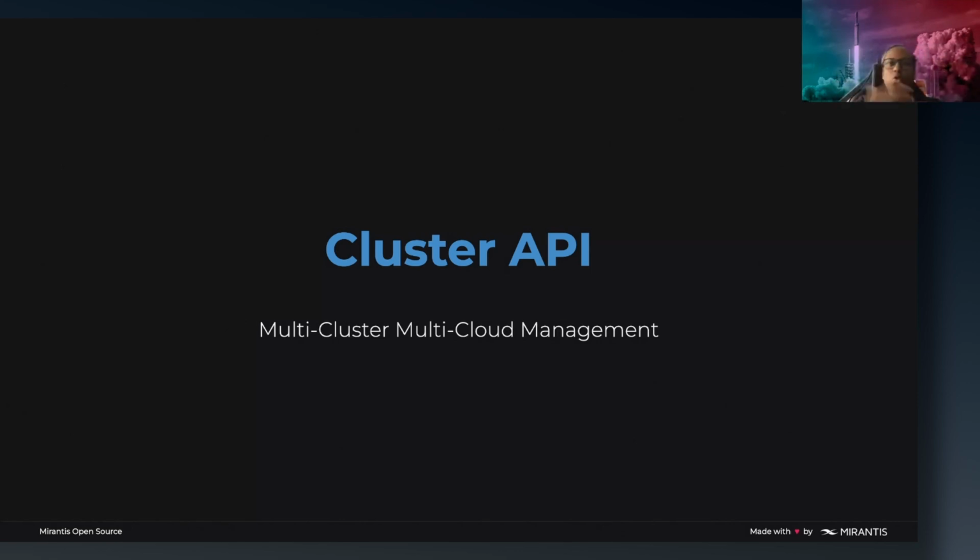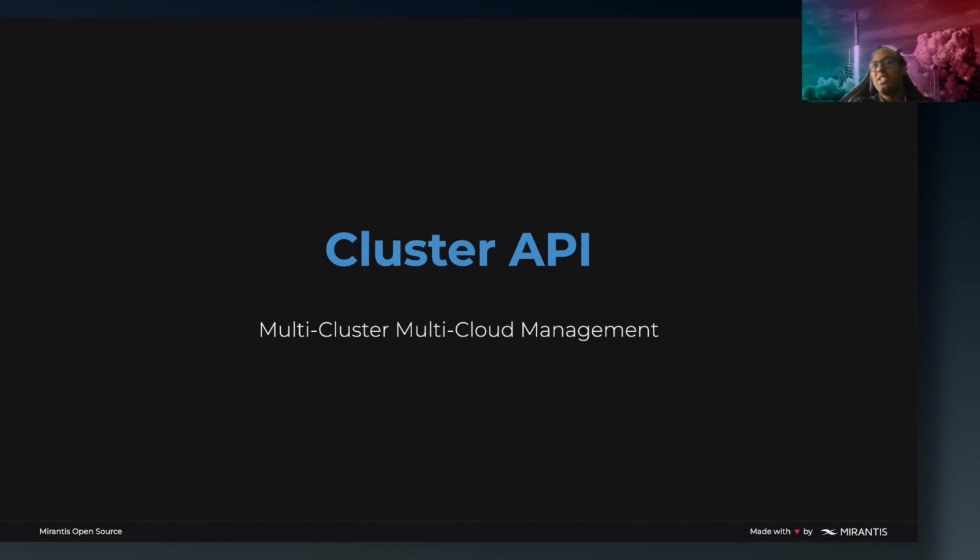So you can use Terraform, for example, to do infrastructure as code. You can build your own automation around how to manage infrastructure, but we have started to include Cluster API